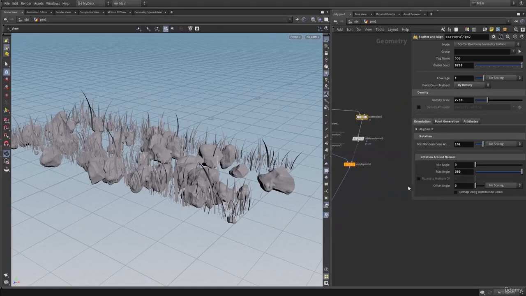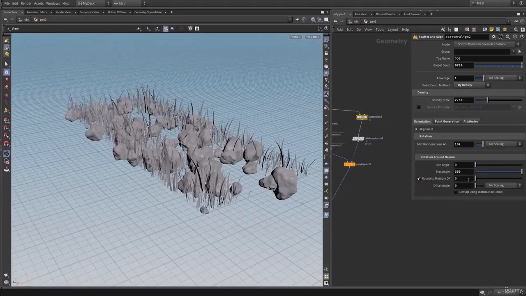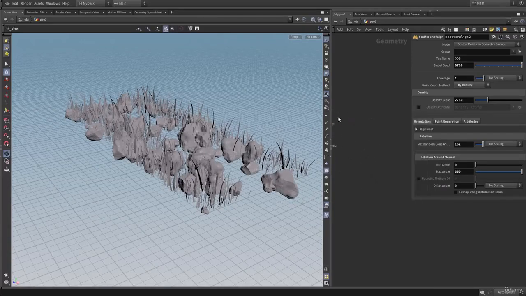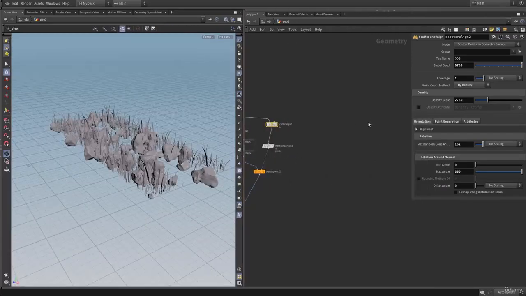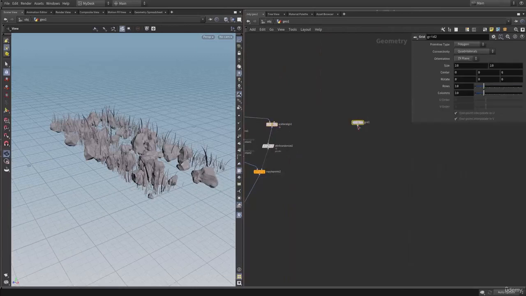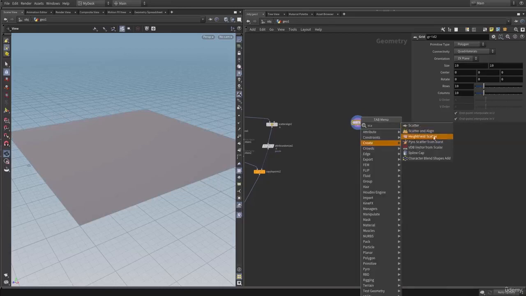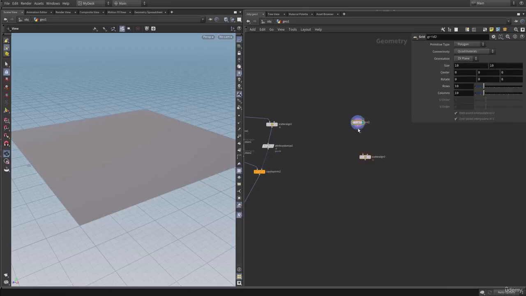So here we have the round to multiple of, which means we are constraining the angles by this value. So to explain this option, let me create another grid and set the display flag onto the grid, and let's use the scatter and align SOP. Connect that,